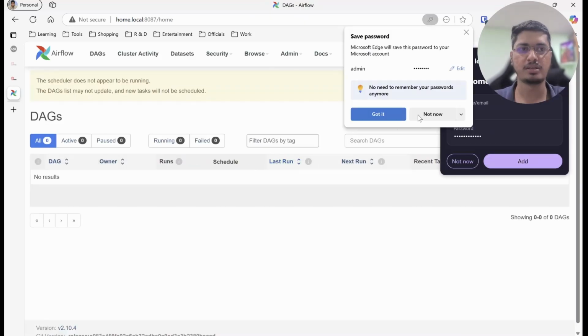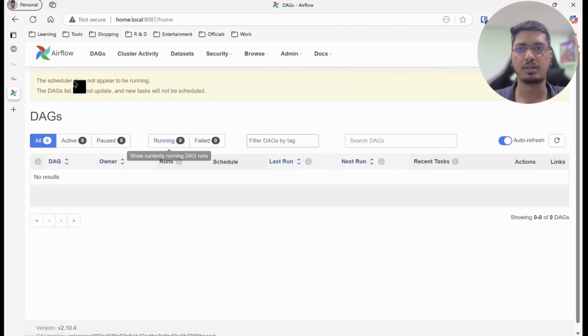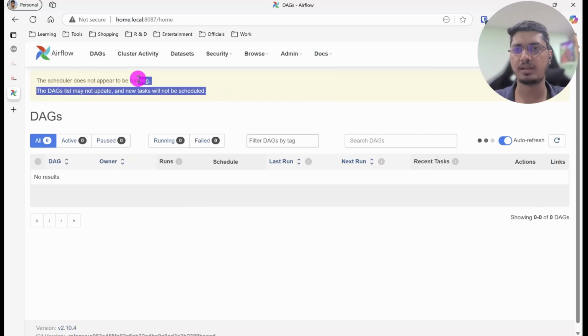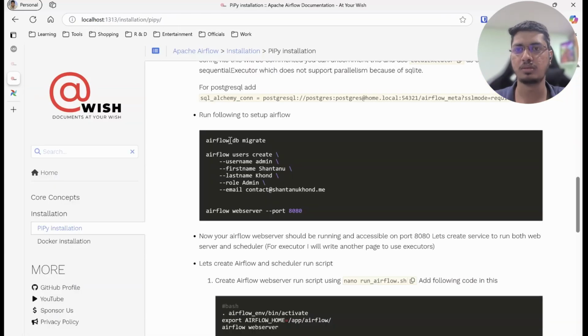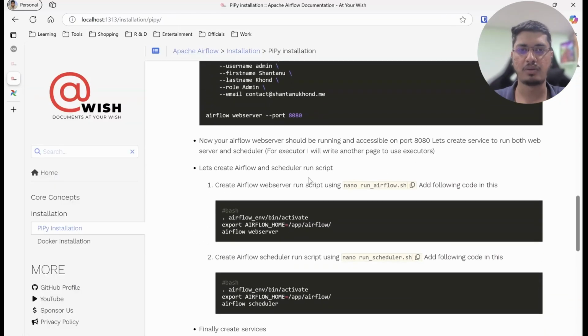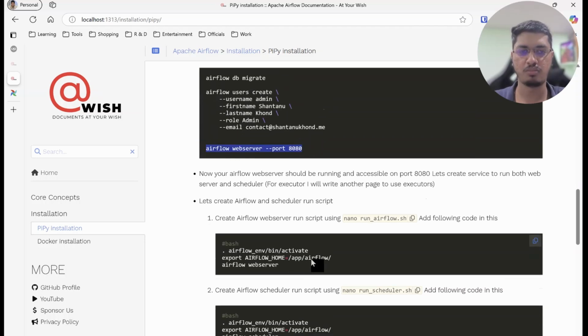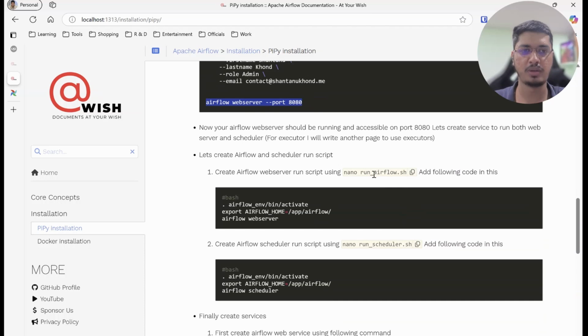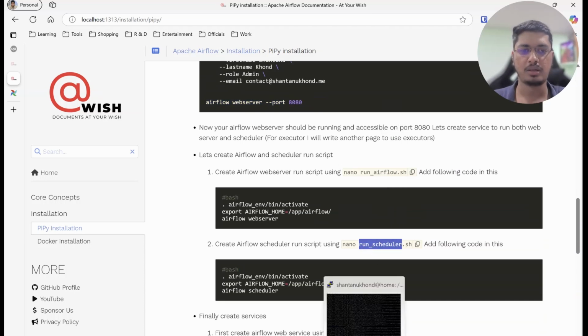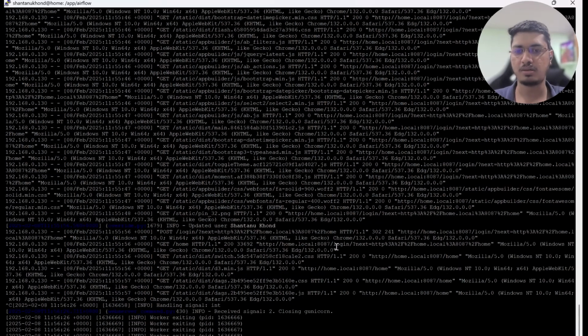And now you can see Airflow is running, but it says that it seems the scheduler is not running, only Airflow is running. So the next step that we have to do is to run the scheduler. I was just going to test this using the Airflow web server. So we will do further steps for the Airflow web server and for the scheduler. So let me quickly go back, stop it,